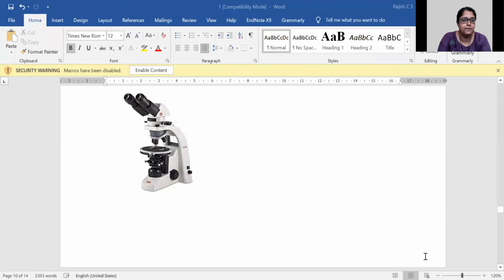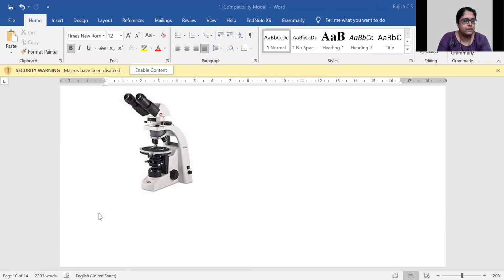That is a compound microscope that will be normally used in the lab. The next session will actually cover microscopy in detail. At that time, I will be talking to you about all the different parts and principles of the light microscope.